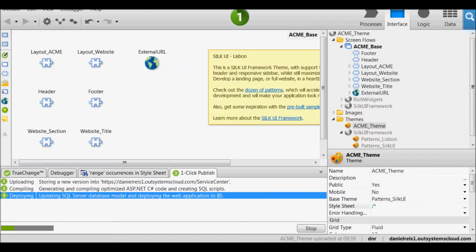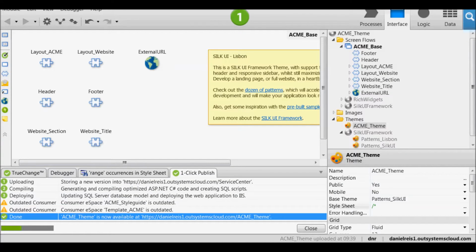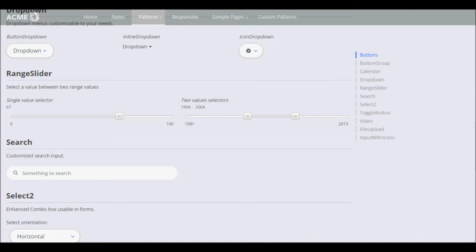So this is quite important. As we saw previously, we have three choices here. We could customize the Silk UI pattern, or we could copy one, or we could create one from scratch. So right now I'm going